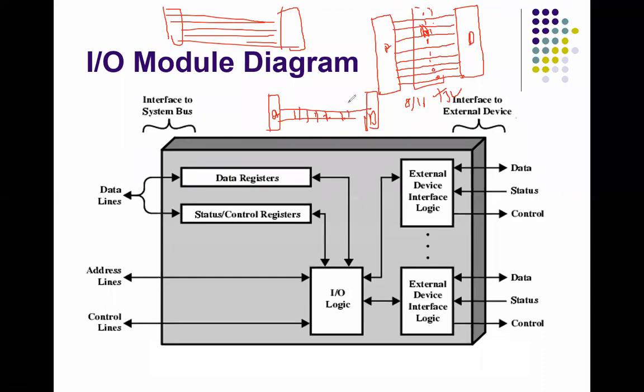But in serial, we are sending 1 bit at a time. Okay, so there is no crosstalk possibility. But again, here you will find there are 8 different cables for one byte. So you cannot use this technique for distant communication, right? If there is a large distance between two peripherals, you cannot use this technique. 8 different wires are required. But serial transmission you can use if there is a large distance between two devices.